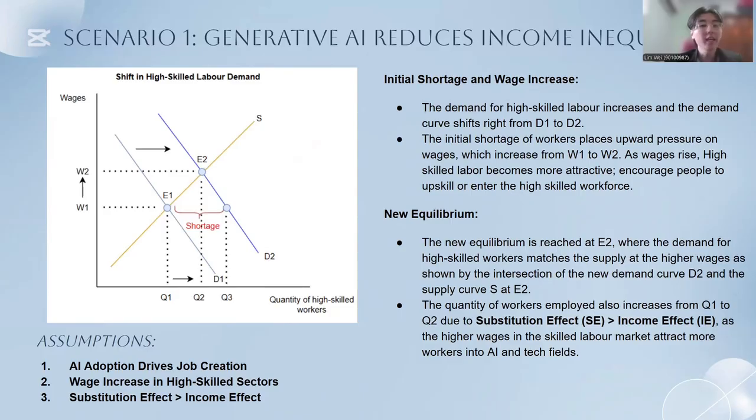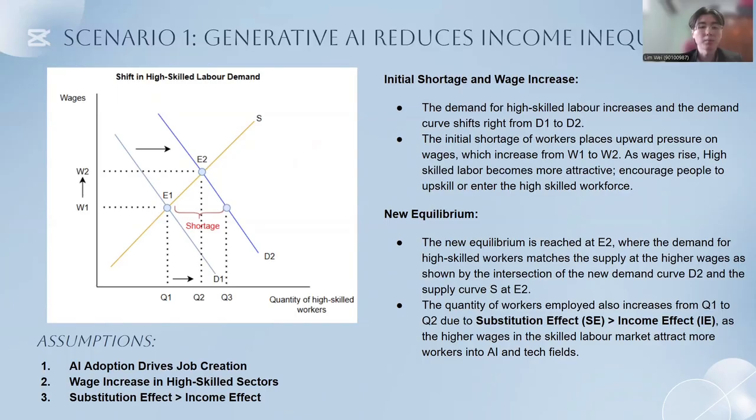These models assume that AI adoption drives job creation in high-skilled sectors, roles like AI developers, data scientists, and machine learning engineers. Initially, we see the demand curve for high-skilled labor shift right from D1 to D2, as businesses urgently seek talent. This causes a shortage of workers at wage level W1, putting upward pressure on wages. As wages rise from W1 to W2, more people are motivated to upskill, increasing labor market participation in high-skilled fields. A new equilibrium, E2, is reached where this higher demand meets the available supply, raising the employment level from Q1